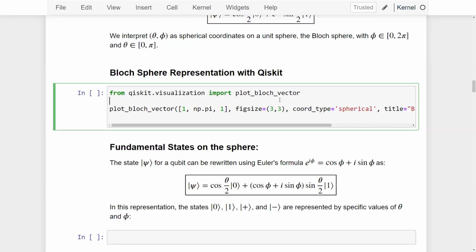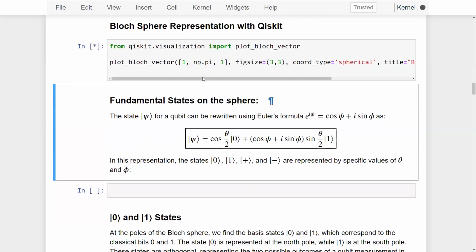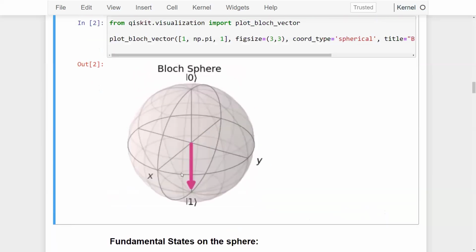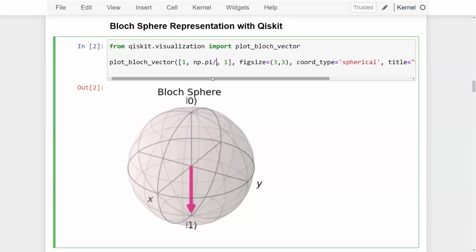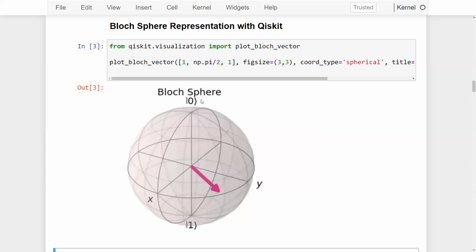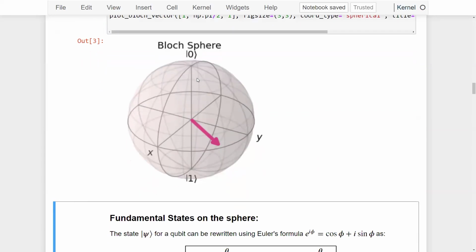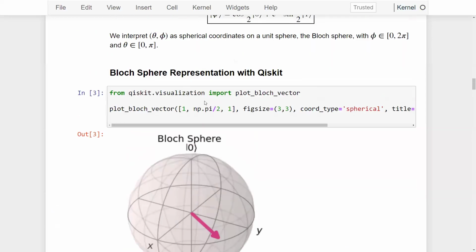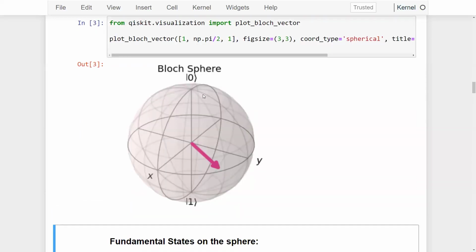To call for the Bloch sphere, as before, we use this Qiskit visualization, plot_bloch_vector, import it, and call this function. The result is this one, right? So it's a red arrow that indicates the quantum state, and yeah, the Bloch sphere. So there are several, let us say, fundamental states on this sphere that we need to discuss